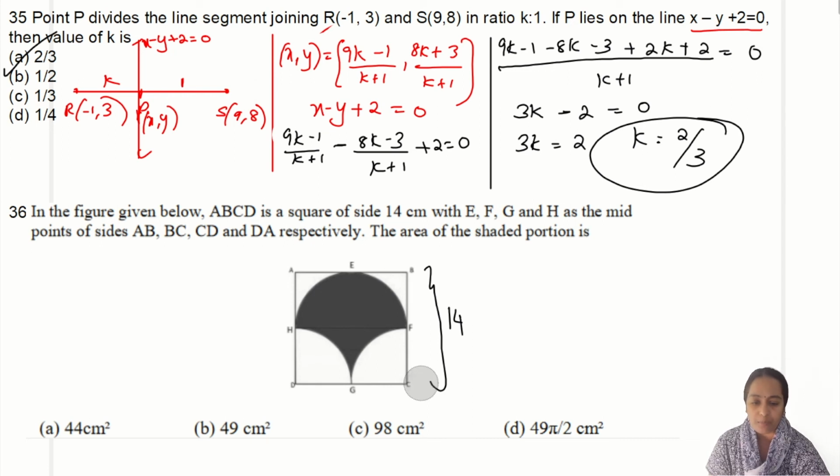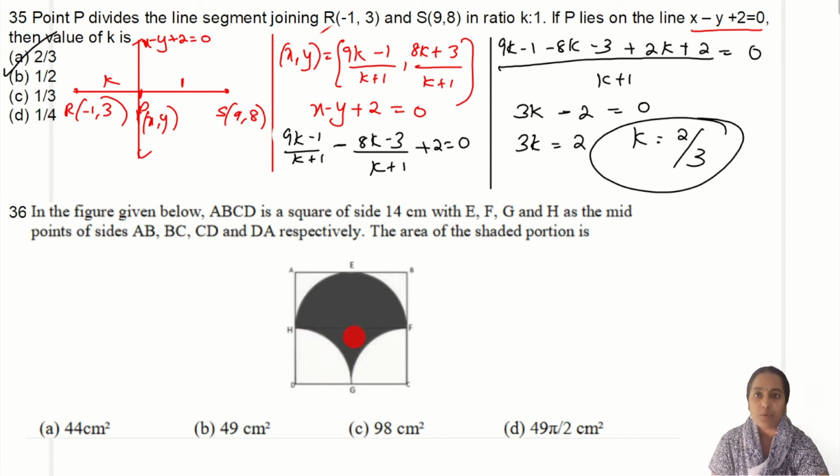Look at the figure properly, children. You need not go the difficult way of doing it. When you look at it properly, you will get the easy trick to solve it. The square ABCD is divided into 2 by this HF. In the first half of the square, you have a semicircle region which is shaded. In the second half, except 2 quadrants, that portion is shaded.